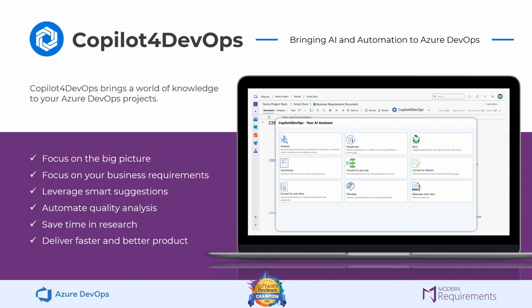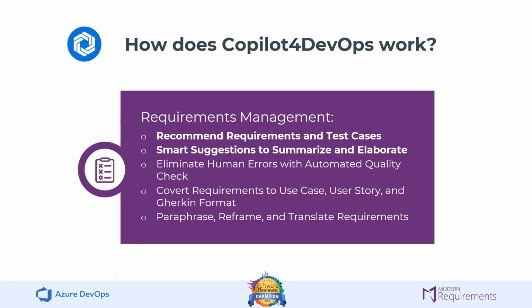Copilot for DevOps will help you to recommend requirements and test cases. It'll help you catch requirements that you may have otherwise missed. It'll eliminate errors through automatic quality checking using the 6C methodology. And it can even help you convert your existing requirements into different formats without all the labor of sitting back